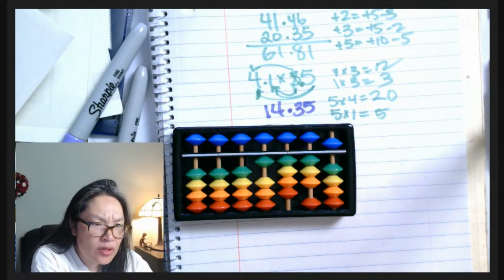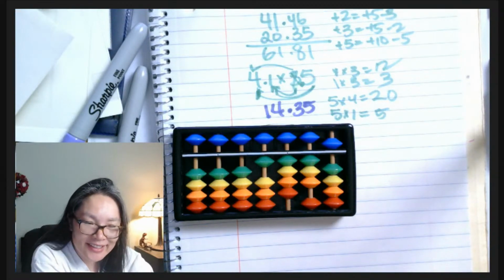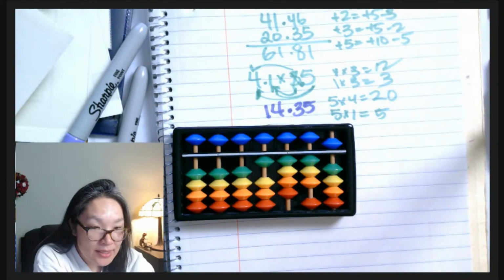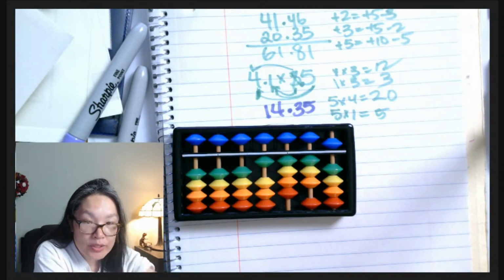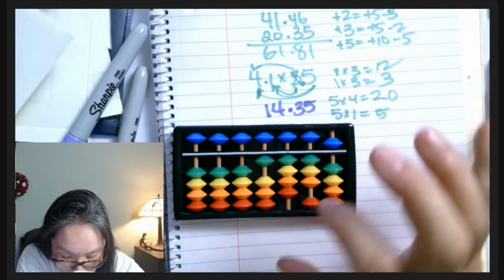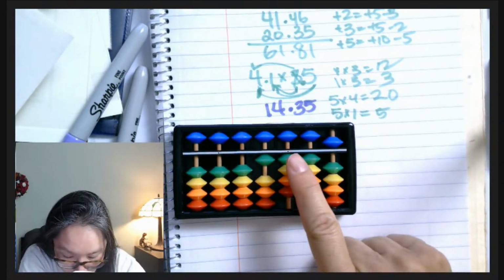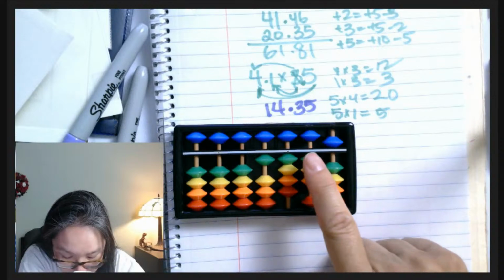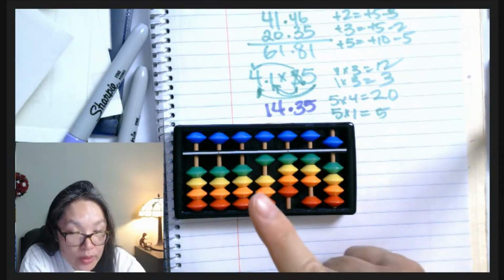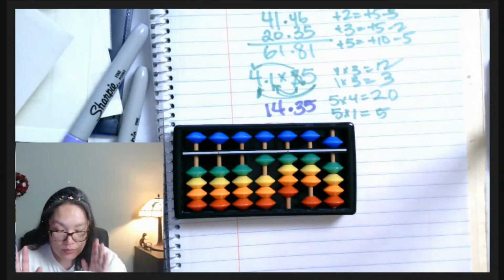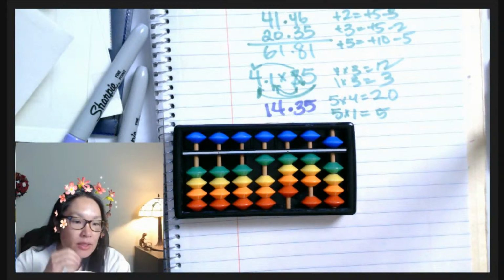Does that make sense, Javi? So when we do it, we have to make sure where we put our answers. Where we put our answers is how we know where we're going to have the decimal. If you mistake your columns,